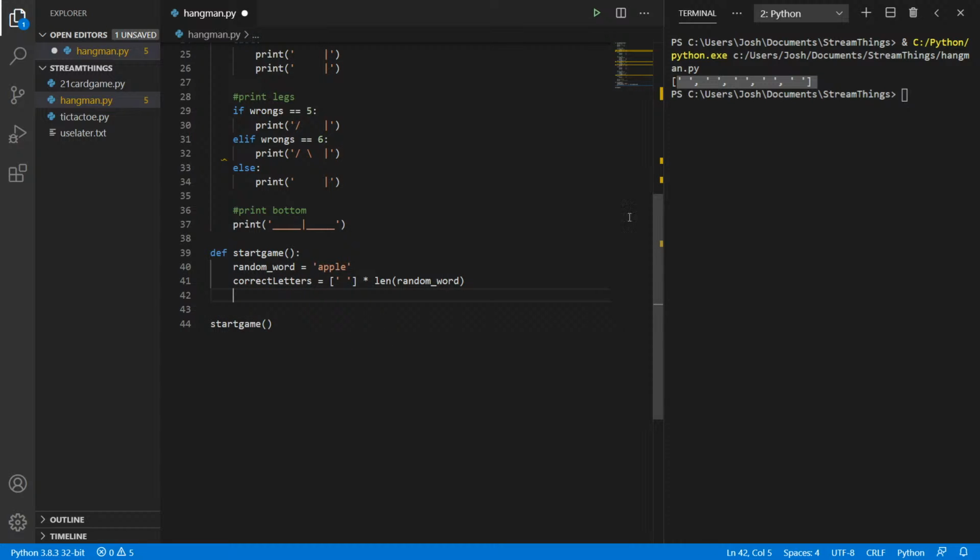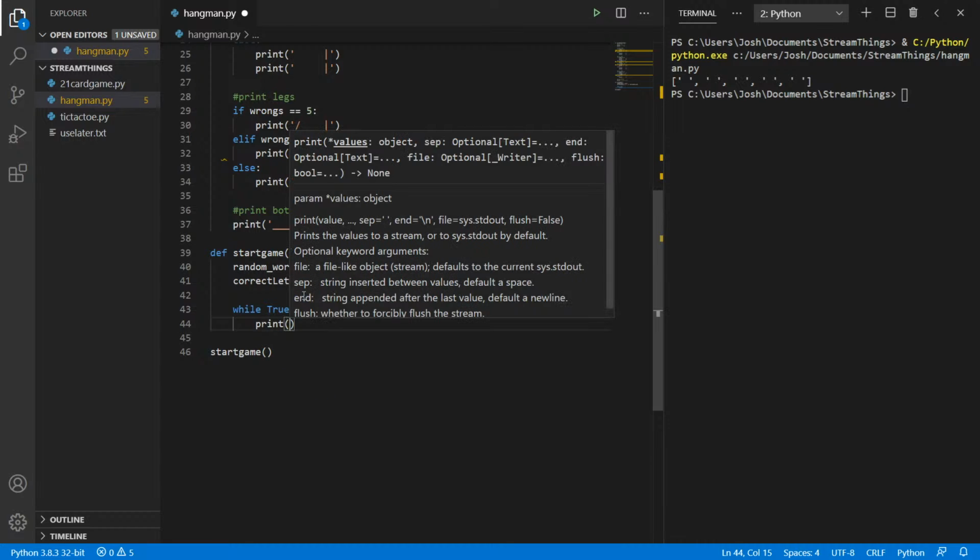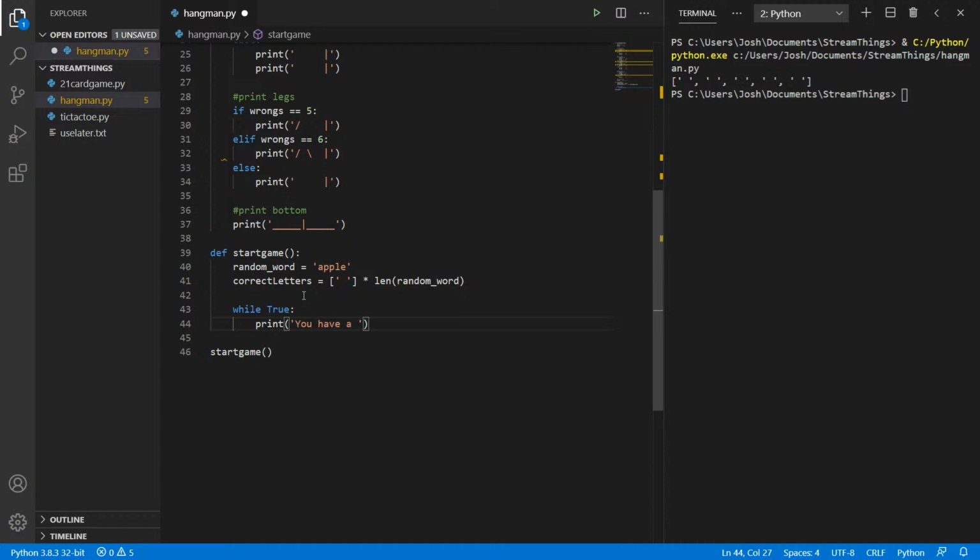So we have this, which is basically our little underscores for guessing the letter, right? So now let's do the actual game itself. We can do a while loop, right? A while loop can keep running until somebody wins or loses. So we'll do while true, and then let's make it a little bit more friendly. Let's do print, you have a. Let's format it real quick. You have a, and then the